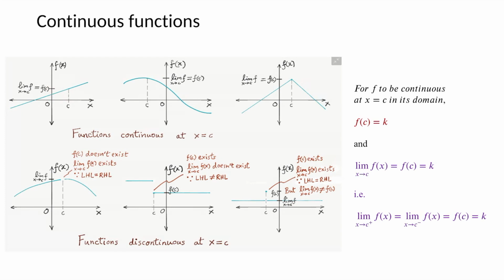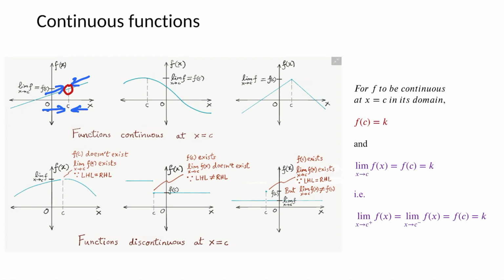The second thing to check is, as we approach x equal to c from either the left hand side or the right hand side, what value does the function seem to approach, whether they approach the same value, and whether that same value is the value that the function takes at x equal to c. If these conditions are met, then the function is continuous, and we see that the condition is indeed met for the top 3 functions at x equal to c, right?